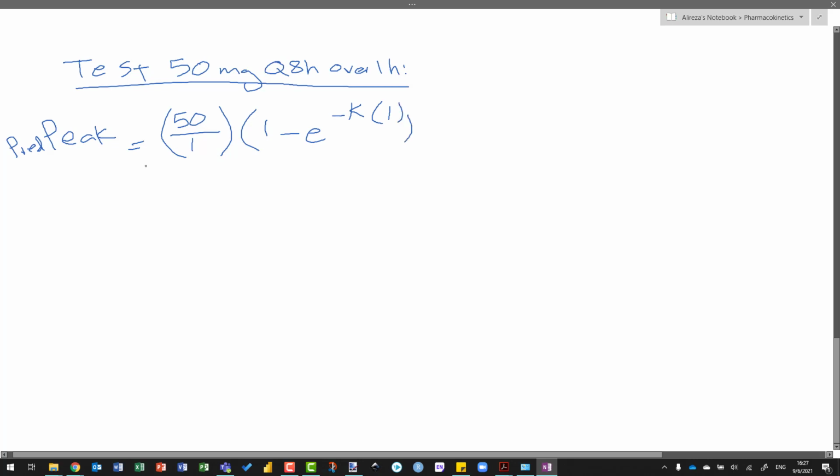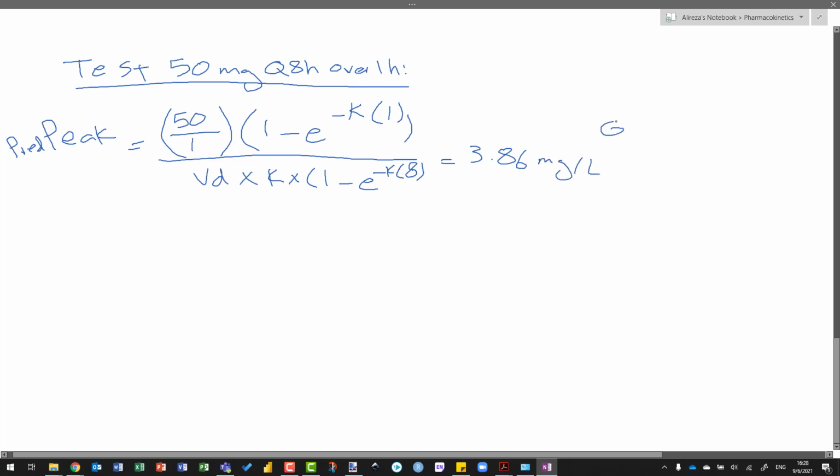And then we divide this whole thing by volume of distribution times k times 1 minus e to the negative k times tau. Tau is 8 in this case. And what we would get is 3.86